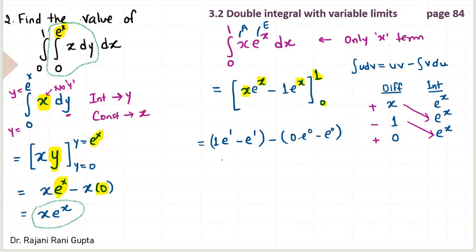So these are the limits at x equal to 1 and this at x equal to 0. So these two terms are the same, cancels to 0. 0 multiplied by anything becomes 0 and only e power 0 becomes 1. So what we get? 0 minus 0 minus 1. So gives us the value 1. So the value of this integral is